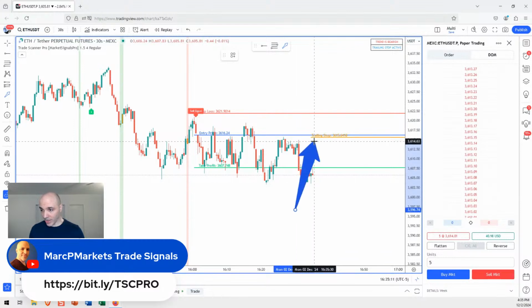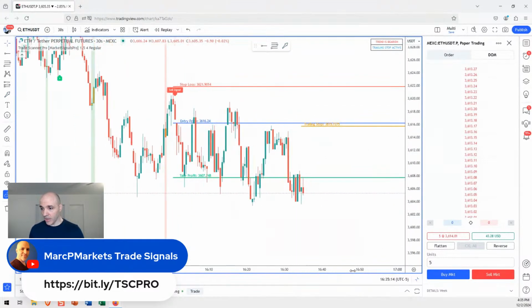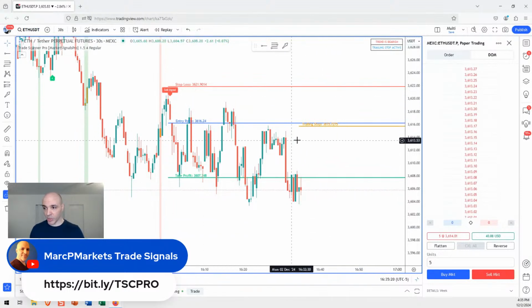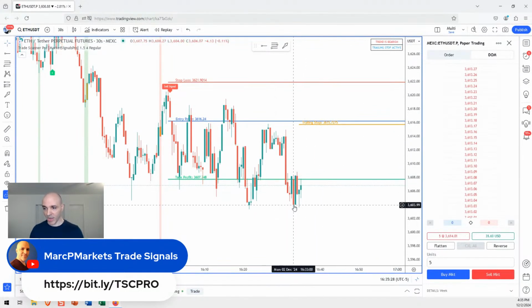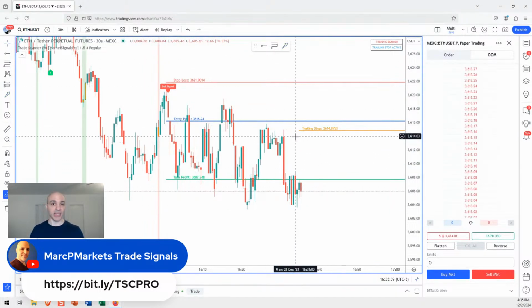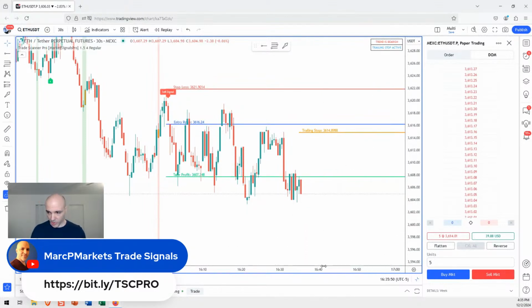My trailing stop is trying to move in my favor here. It's trying, but it's not going to move unless price makes progress. The nice thing about this trailing stop is it's not going to move on its own for no reason. It's not going to move just to move. It moves based on the closing prices, and the closing prices have to be making progress. It doesn't move just to move, right? Just like a time-based trailing stop where it just keeps moving no matter what price does. It just keeps getting closer and closer to price. This doesn't do that. This is all relevant to price.